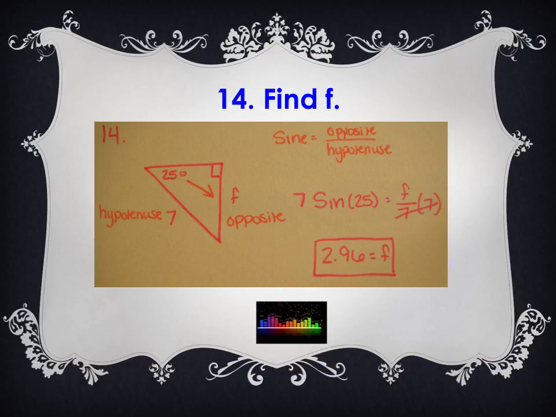So we will use sine of our angle, which is 25, equal to the opposite side, F, over our hypotenuse, which is 7. To get F by itself, we multiply both sides by 7. 7 over 7 equals 1, giving us 7 sine 25 equals F. When we plug 7 times sine 25, close our parentheses in the calculator,